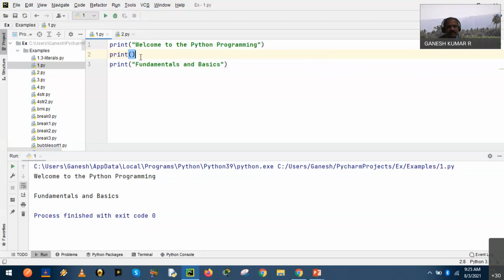Okay. This is not the only way to produce a new line in the output console. We have another way. Are you aware how to insert a new line or an empty line inside a program? Based on your understanding and experience in C, C++, if you are aware, you can post it in the chat window. So one option is introducing an empty print function to insert a new line in the output. Yes, I have got a few responses. Yes, thank you, Mehul. Mehul has answered.